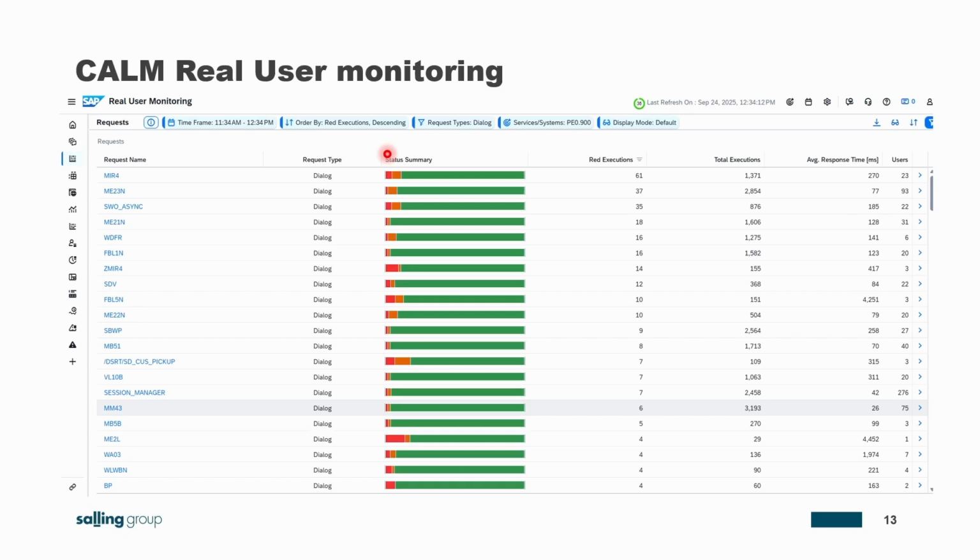Good. Real user monitoring we use actually for all 3 systems in the system landscape, meaning development, quality, and production. On the development system, it's primarily key developers that are checking the system. Sometimes they mess up, and they can easily by themselves dive into the system and see what is going on. That is quite handy. And for the quality system itself, it's more if something goes wrong.